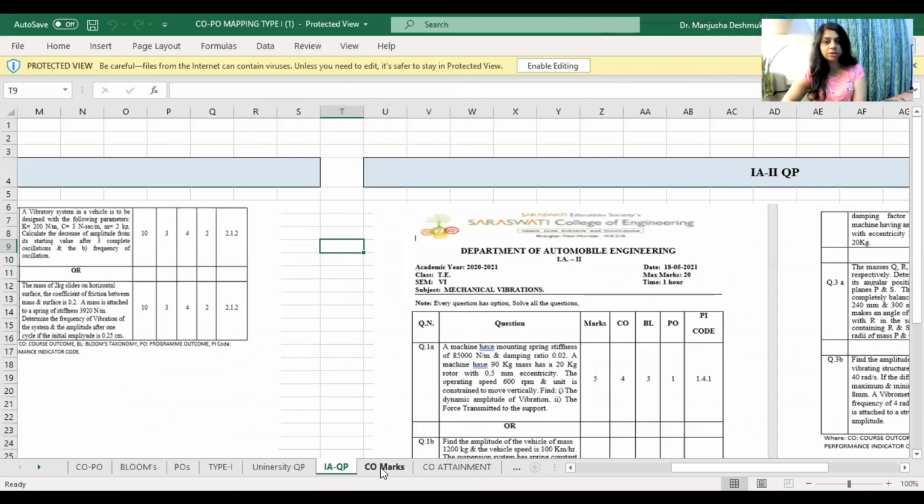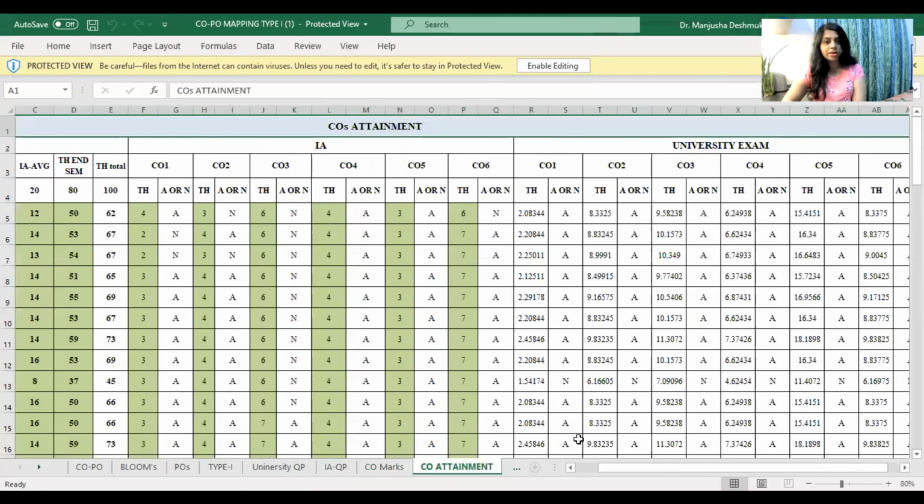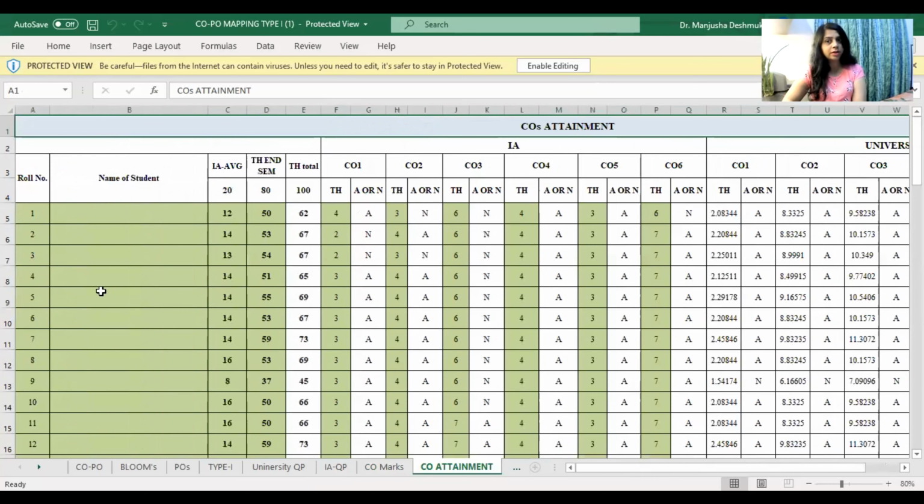Now if you see, this CO marks we have done. Then next is CO attainment. As I told you, first in this sheet you have to enter roll number, then name of the students, then internal assessment average. Then for internal assessment, these CO1, CO2, CO3 columns you have to enter.